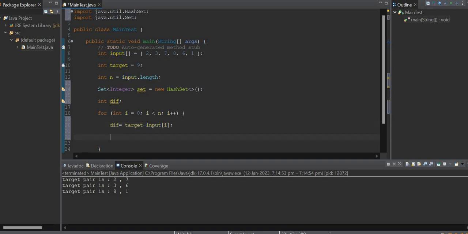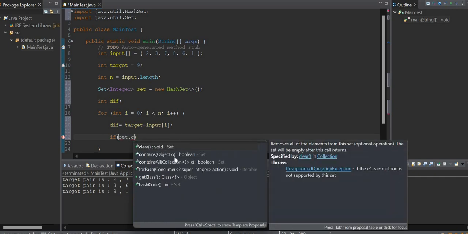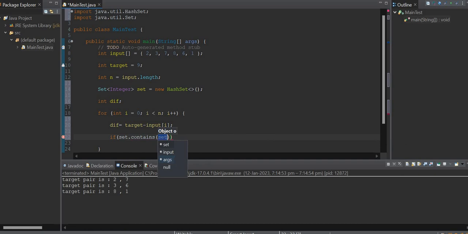Now if that value is contained by the set, set contains of diff, then I am going to display